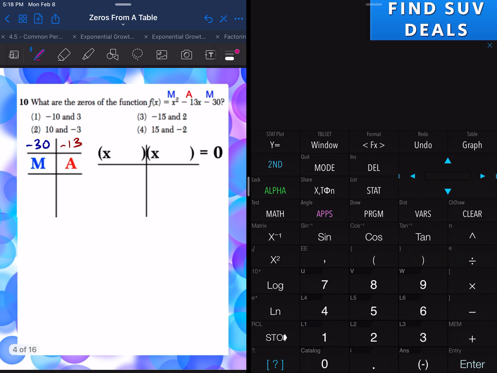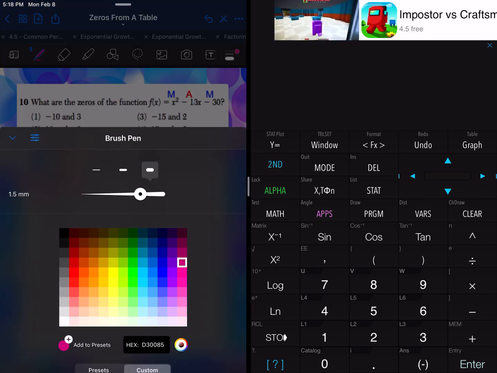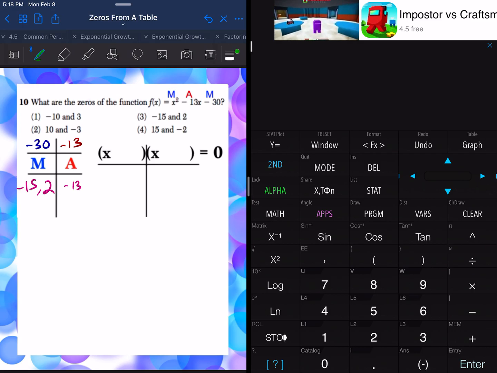So I'm going to start with a little bit of review. I know you're sick of seeing the MAM strategy and these trinomials, but I promise just one last time here. So I am trying to multiply to negative 30, and I'm trying to add to negative 13. Now the two numbers that multiply to negative 30 and add to negative 13 are negative 15 and 2. I add those up, I get negative 13, and I just drop those two numbers into my factors